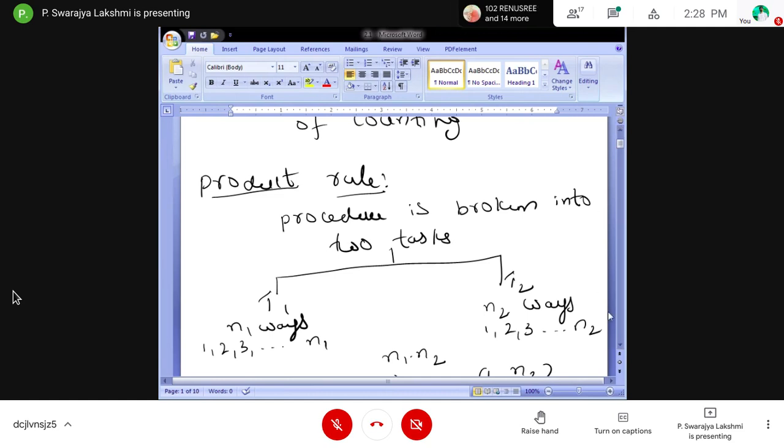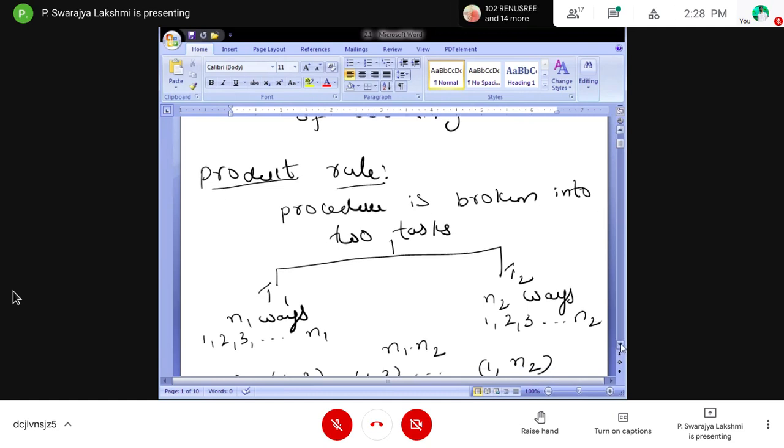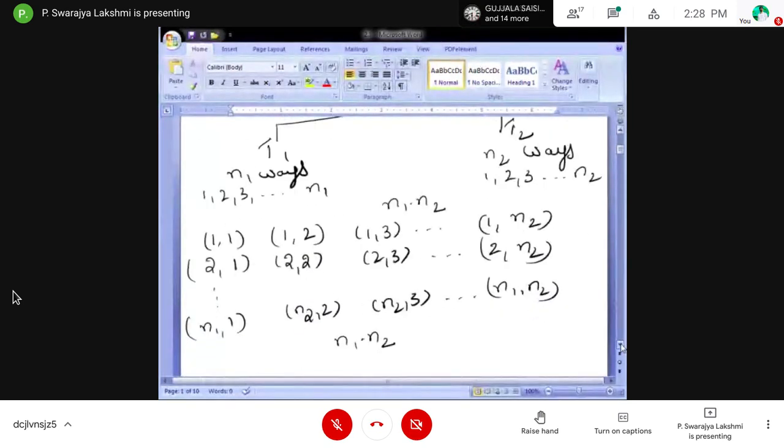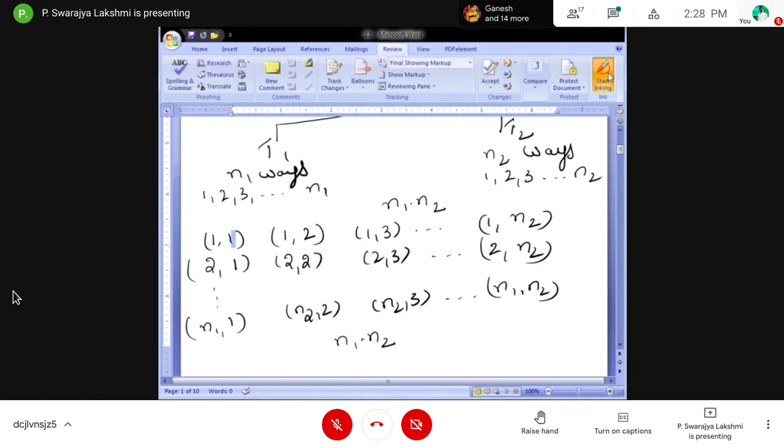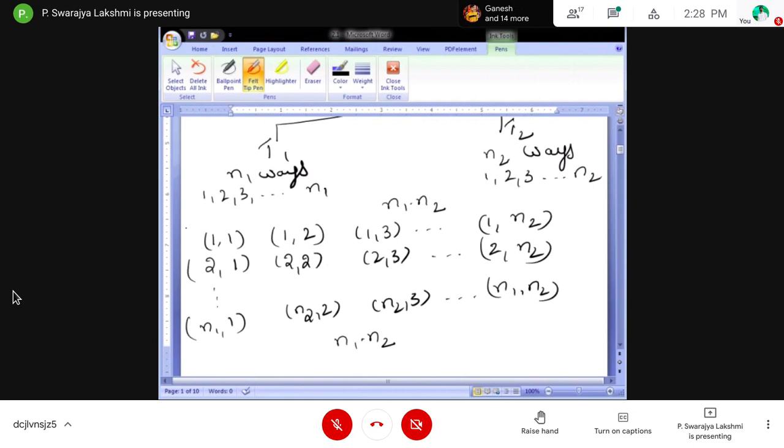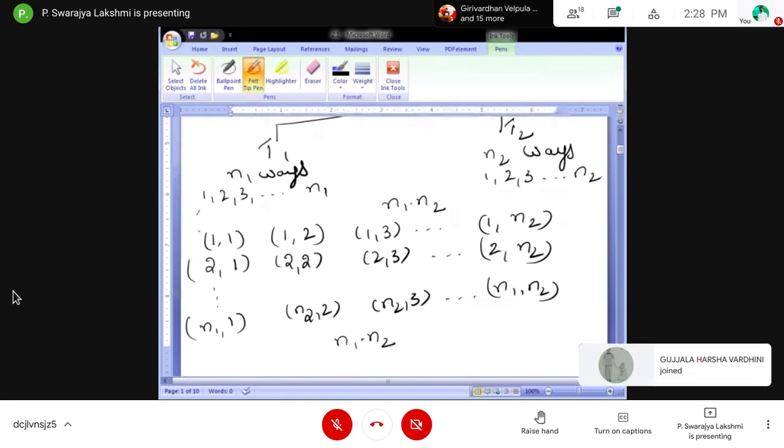Okay, if you are getting confused about writing 1 comma 1, 1 comma 2, 1 comma 3, if you are having doubt on this, forget about that. You just leave it.